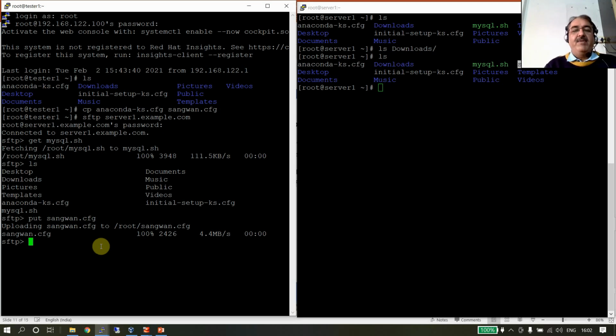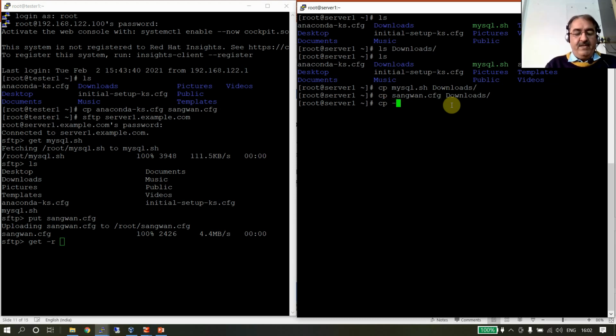Similarly, if you want to get multiple files, you can use -r. So get -r, and let me copy these files to downloads just to show you that. Okay, copy mysql to downloads, and similarly let me copy sangwan also to downloads, and let me make a name change: cp -r downloads and make test out of it.